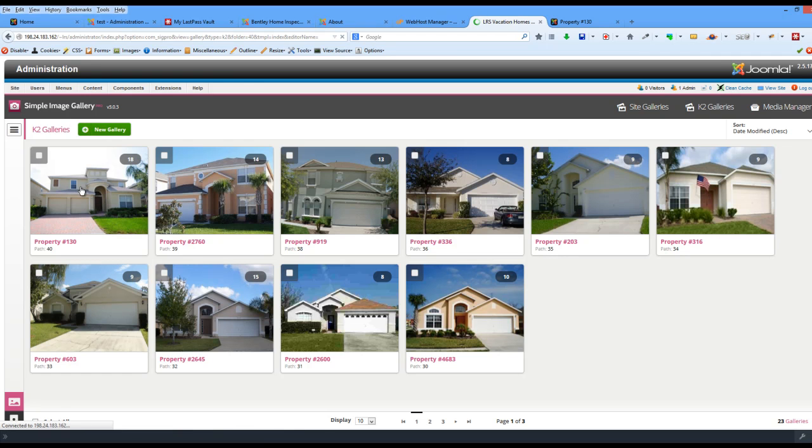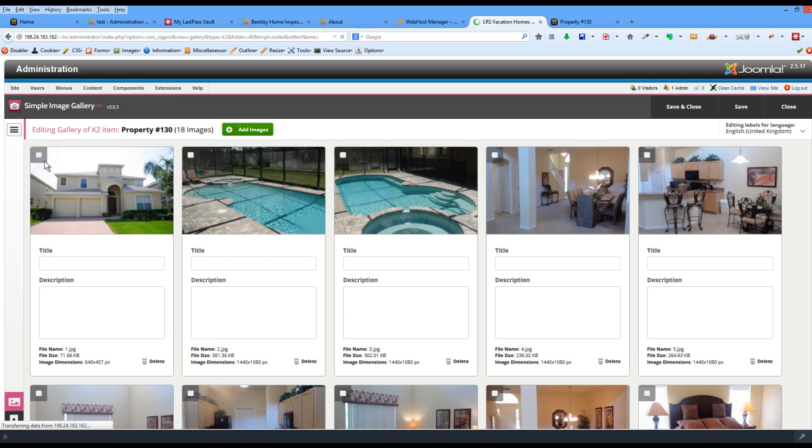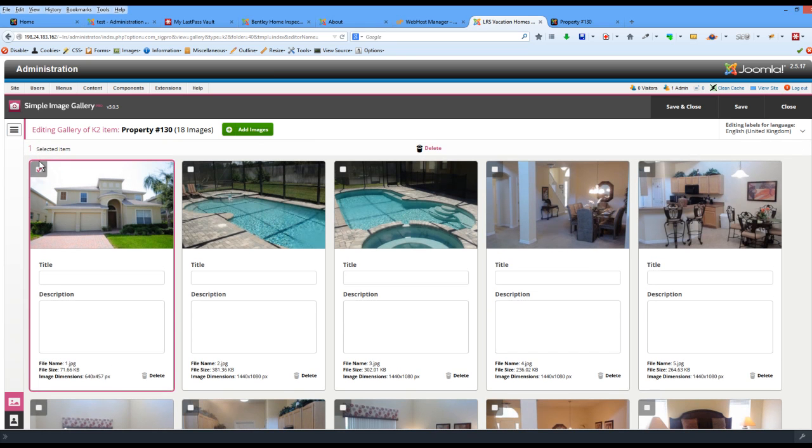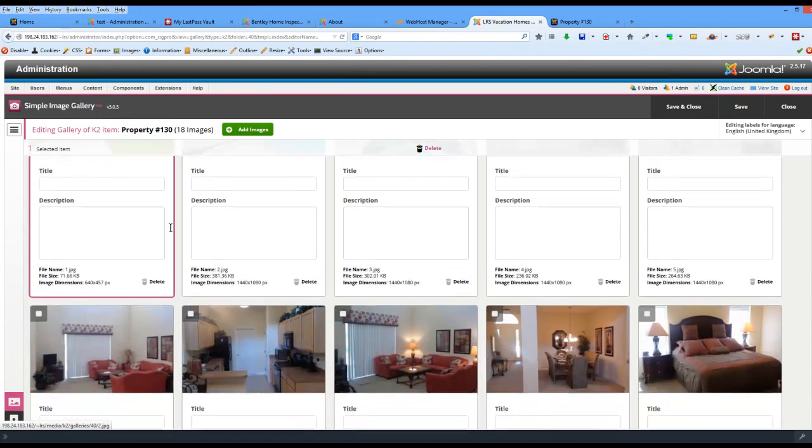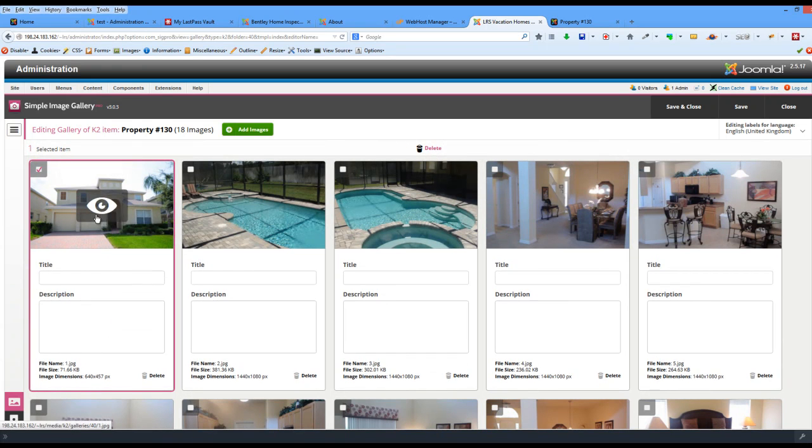If we wanted to edit that, we'll just click on this. You can click on any of these boxes and the delete button will show up as an option. You can also reorder these and drag. I believe you can just drag, maybe not. I'm not sure how you reorder them. Maybe you have to rename them to reorder them. Okay, so